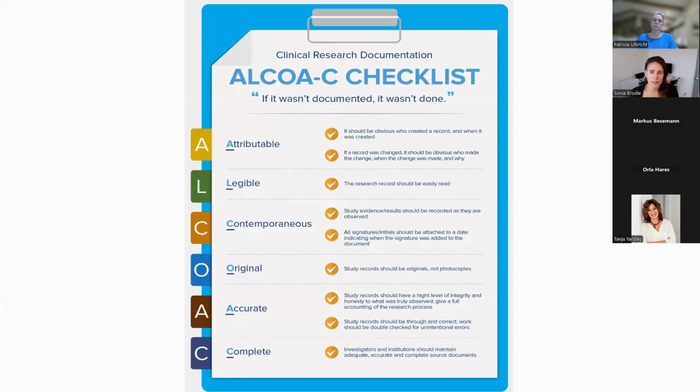In clinical research, if it wasn't documented, it wasn't done, or it didn't happen. And we have a checklist for all the data that goes in. So everything that goes in has to be attributable. So who made that entry? It needs to be legible, obviously, easier in